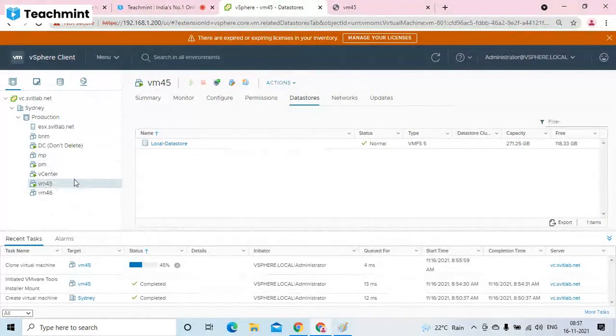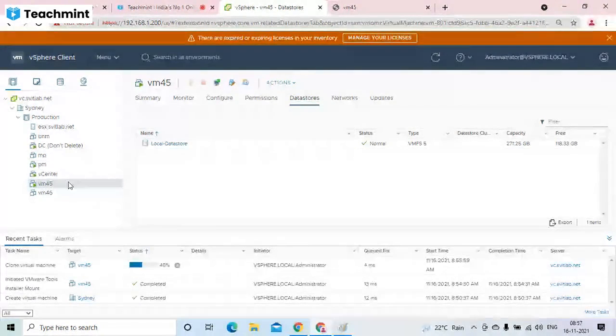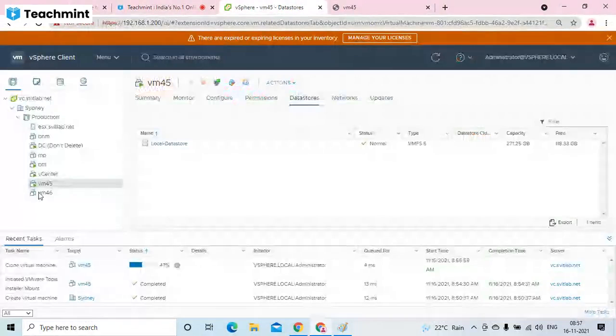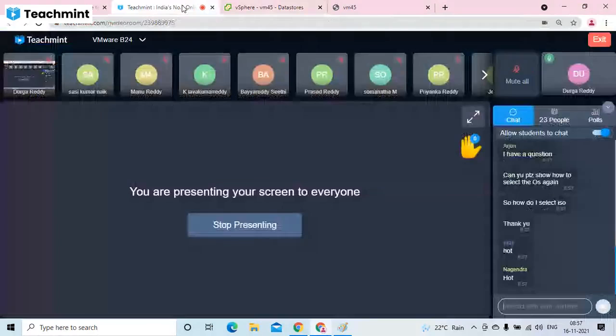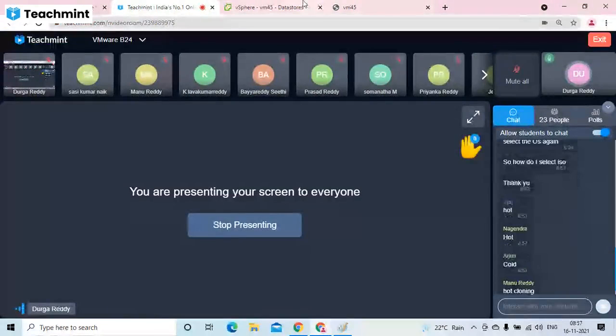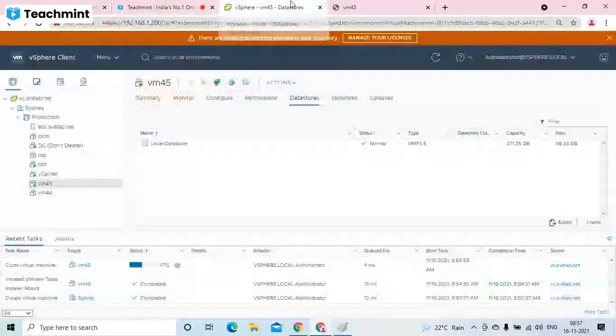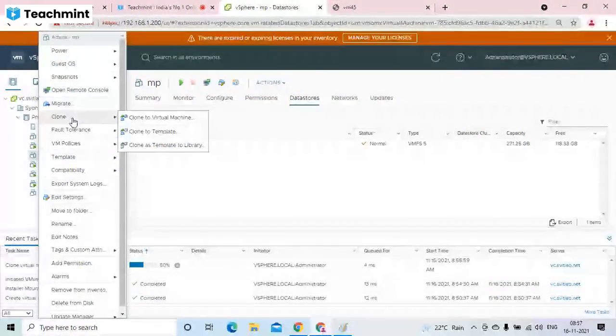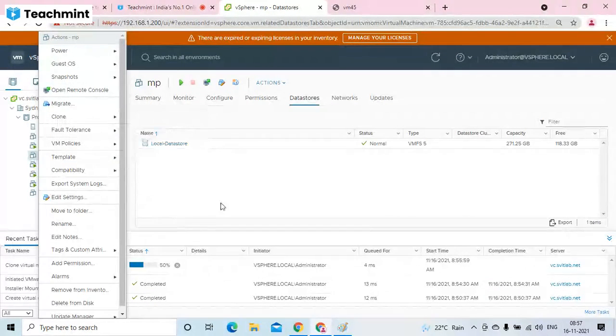Depends on the data and the source, it will take some time. Now are we doing hot clone or a cold clone? So now we started a cloning, right? So is it hot clone or cold clone? Hot clone, yes. So source machine is running itself. So it's called hot clone. If you clone this VM, let's say this VM is in power off. If I clone this VM now, it's called cold clone. Okay.